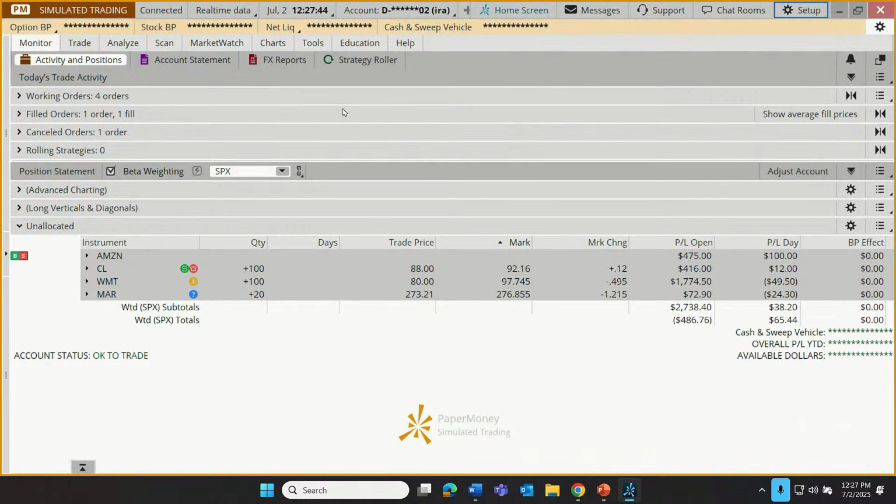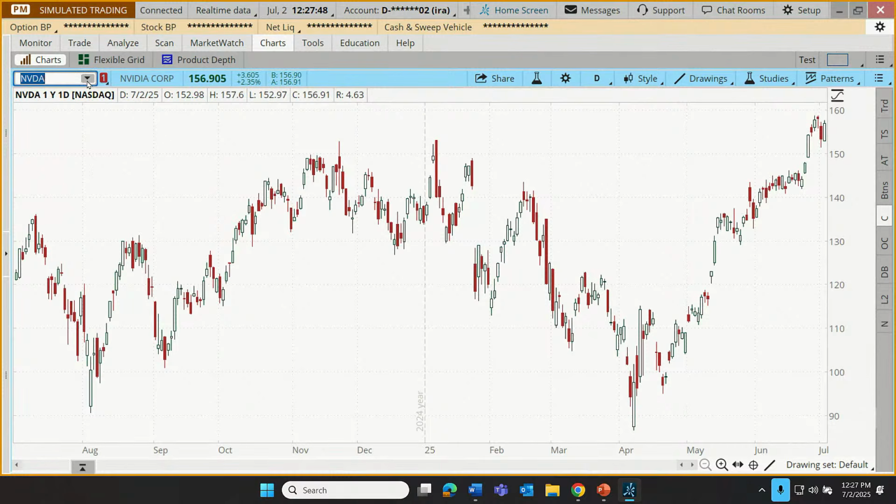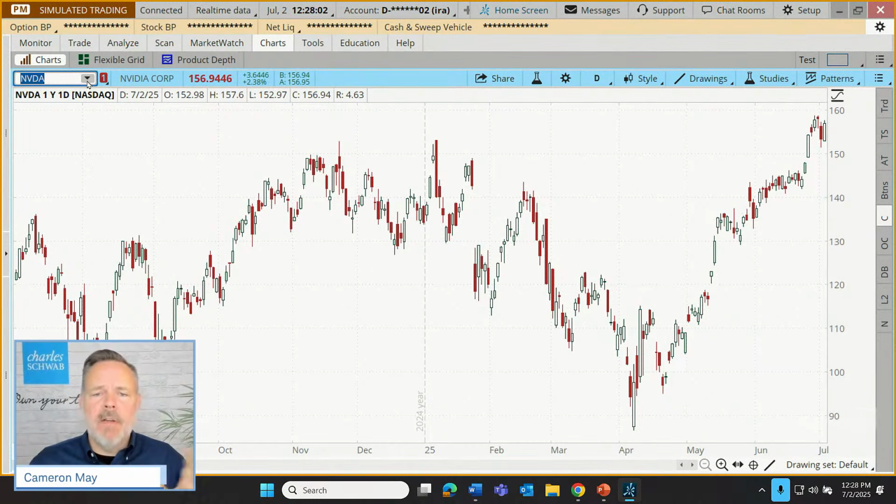But let's go to charts. Charts are almost always, when I'm introducing somebody to Thinkorswim for the first time, a pretty commonly top-of-mind concept, an item of interest. Cameron, show me how the charts work. These charts, the tools are fabulous. They are deep. I can't show everything, but let's look at the general navigation of charts.